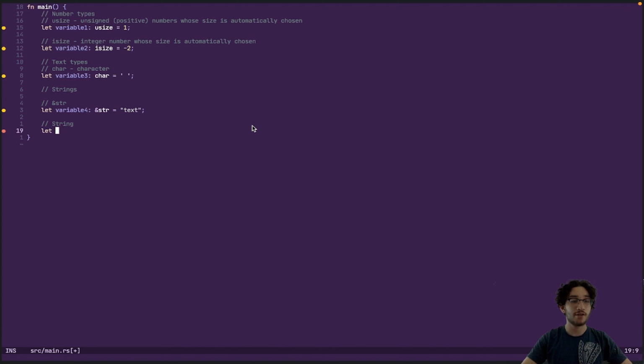One way to define a String is to put String::from and then put the string slice inside of here, like "text", and that would make a String. Or we can put just a string slice like "text" and then put .to_string() at the end, and that would also make it a String. Now those are the most common types of strings, and there's a lot more types. This is just the tip of the iceberg, and you can even create custom types, and we'll get to that